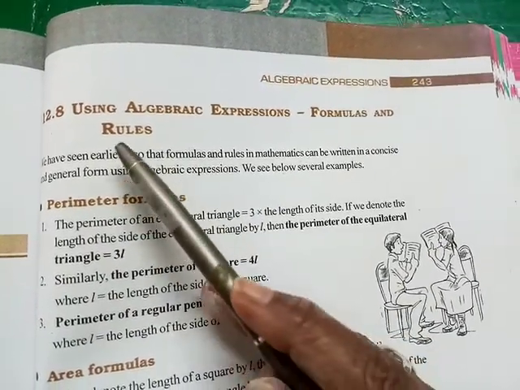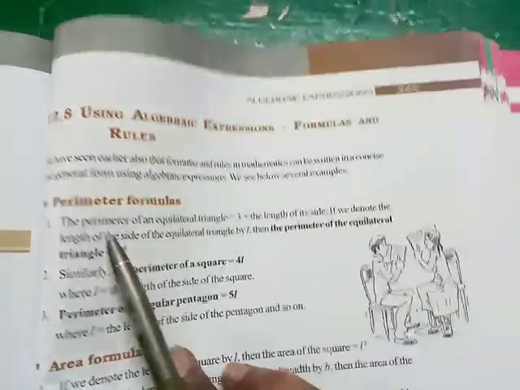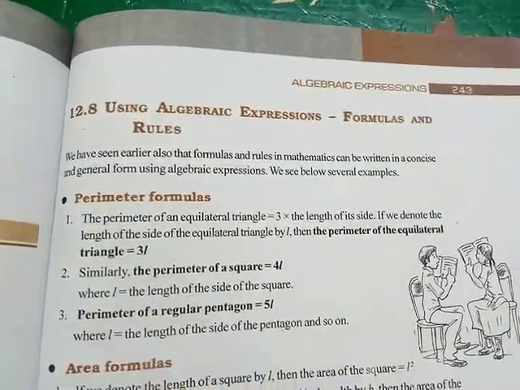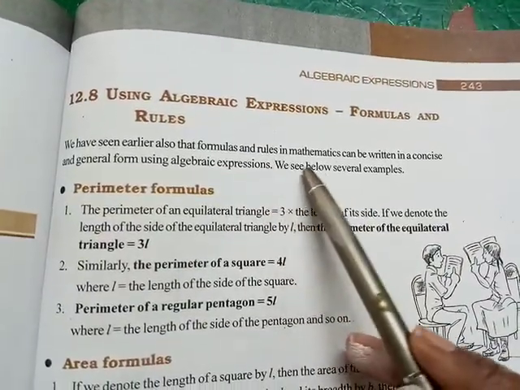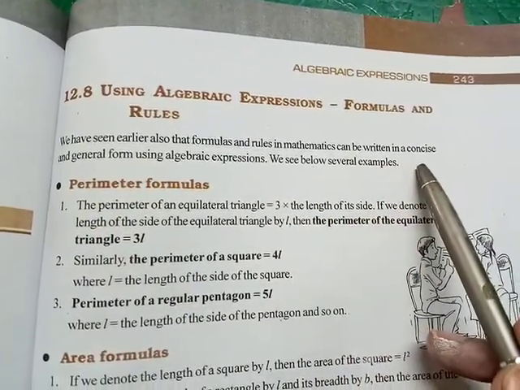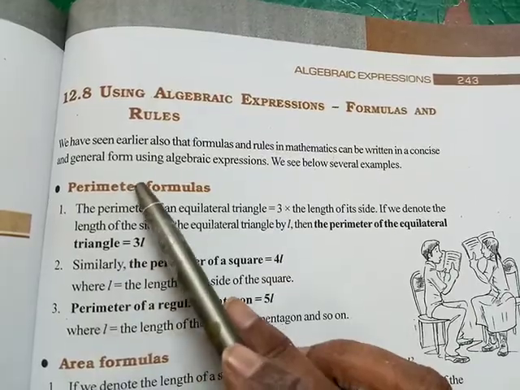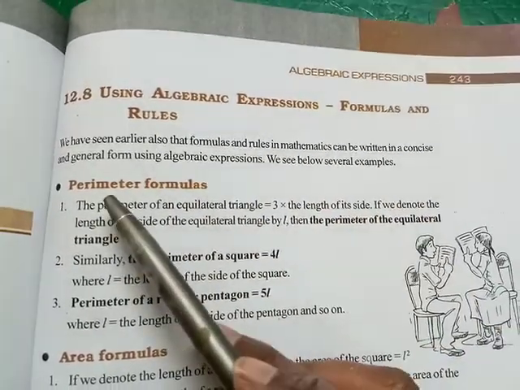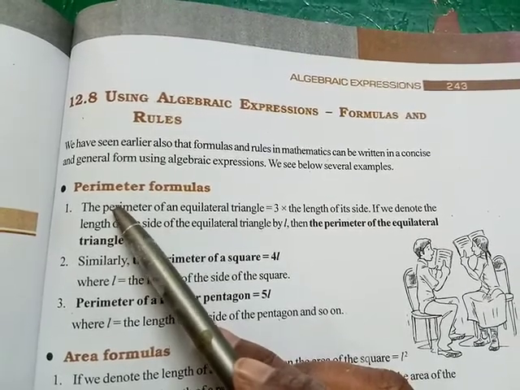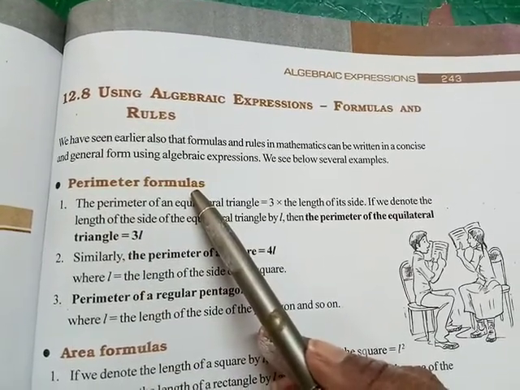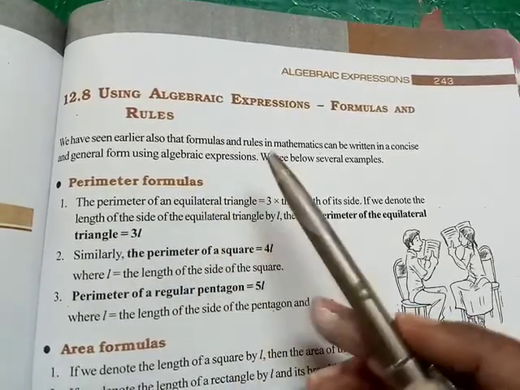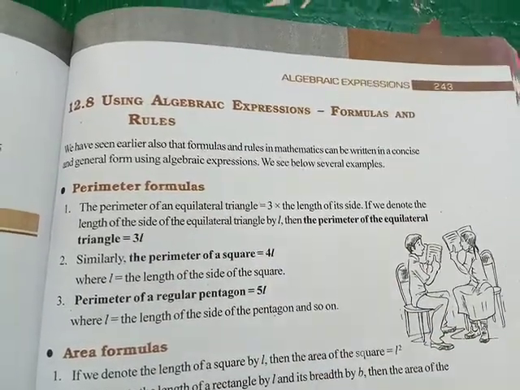Now we will see using algebraic expressions, formulas and rules. We have seen earlier also that formulas and rules in mathematics can be written in a concise and general form using algebraic expressions. We see below several examples. We have already discussed the perimeter formulas. We find the perimeter of a square, perimeter of a rectangle and perimeter of a triangle. So in that we are using some unknown